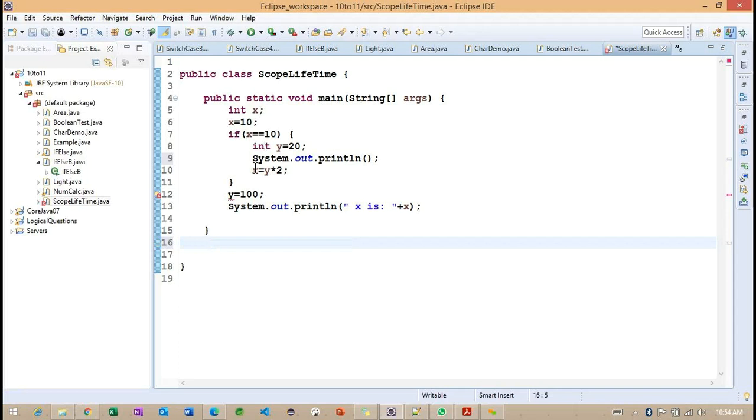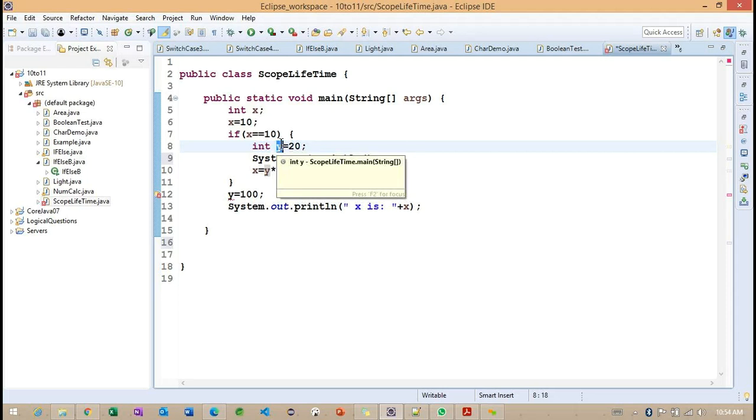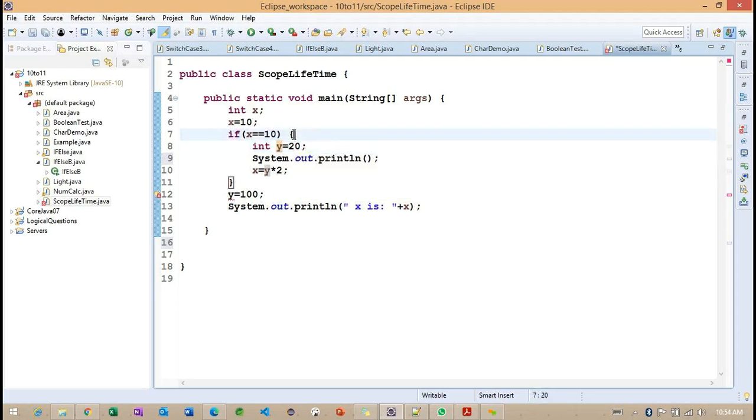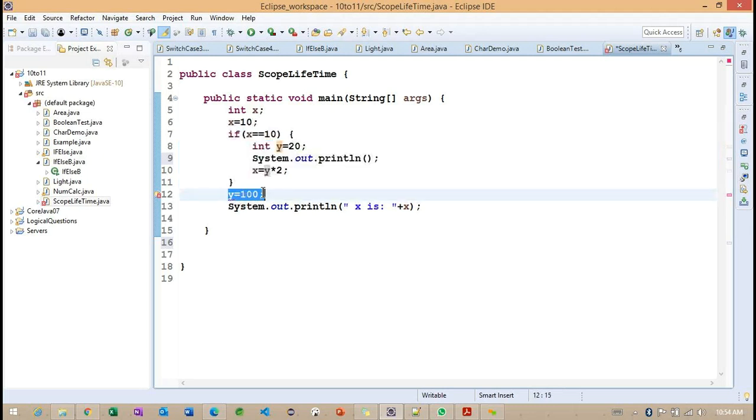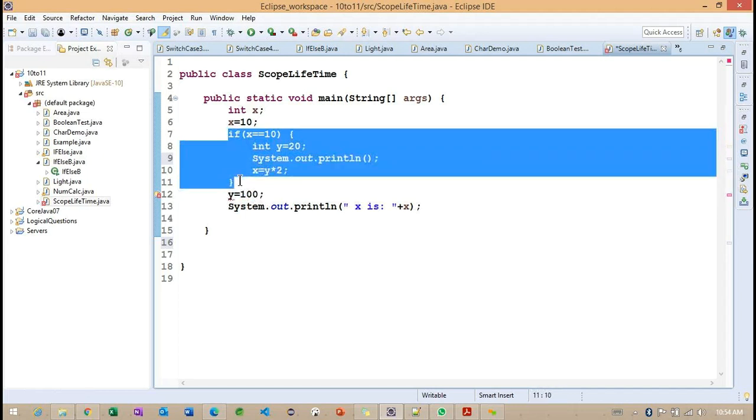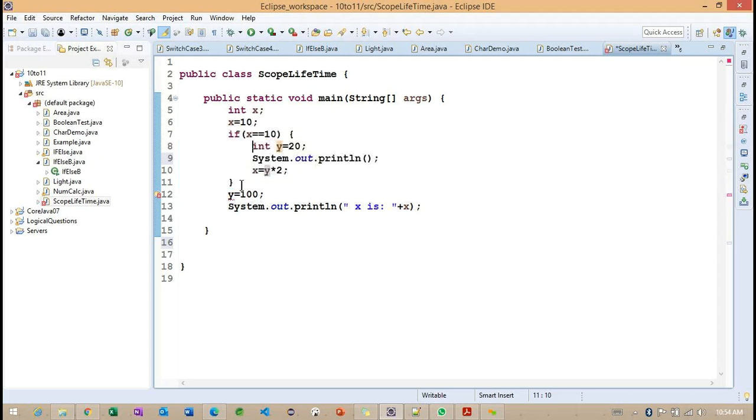Now I want to explain some simple information here. First, we need to check where we are defining the variable, which has some scope. This y variable has its scope within this conditional block. If we try to access it outside of the scope, we get an error. So what is the lifetime of this y variable? Up to line number 7 to line number 11. Once line number 11 is completed, the y variable cannot be found here.